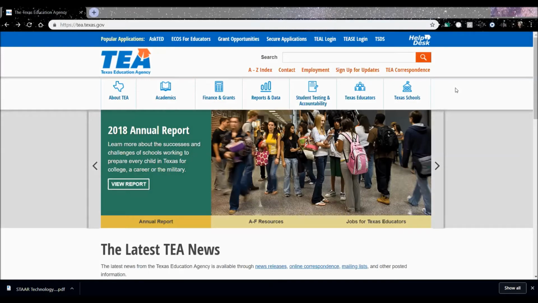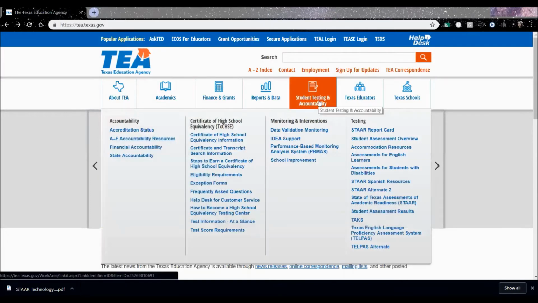Hello, today we will be reviewing the technology guidelines that can be found on the TEA webpage. To locate the technology guidelines, hover over Student Testing and Accountability, and under the Testing section, you should see Accommodation